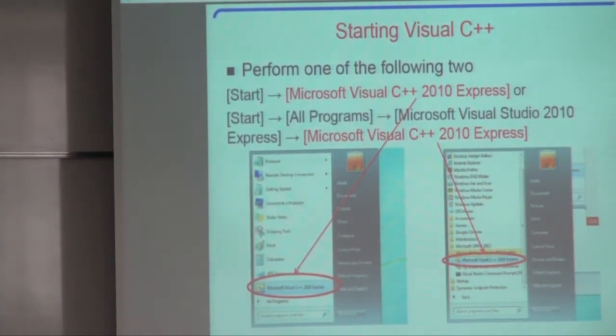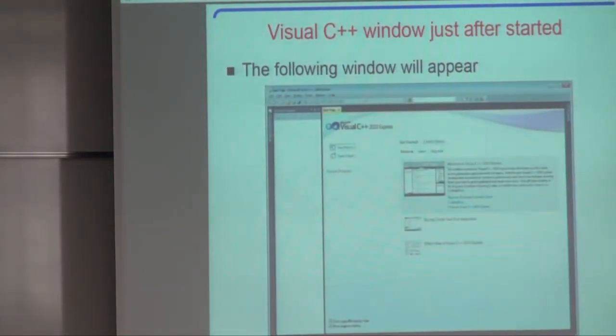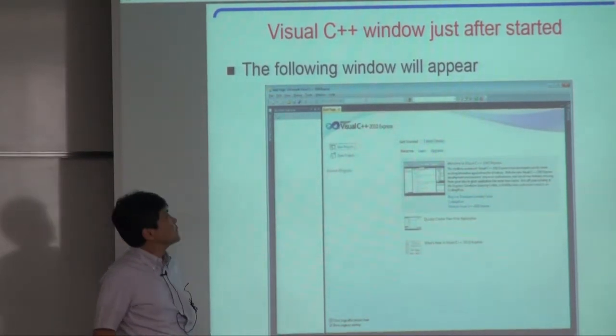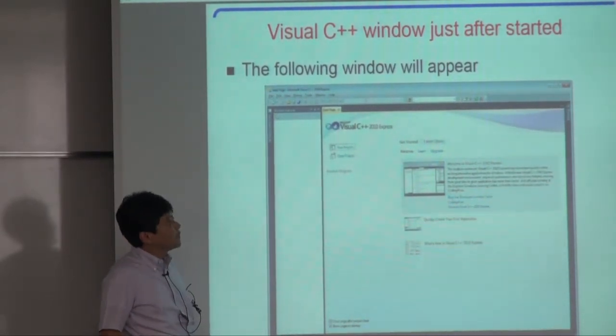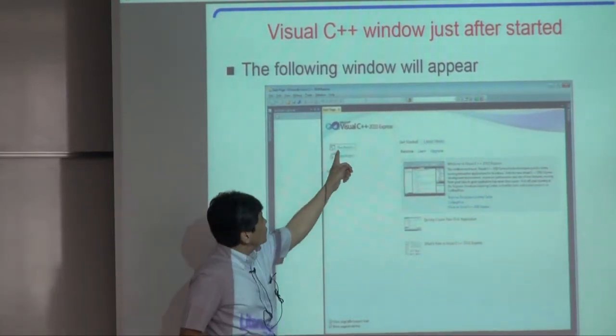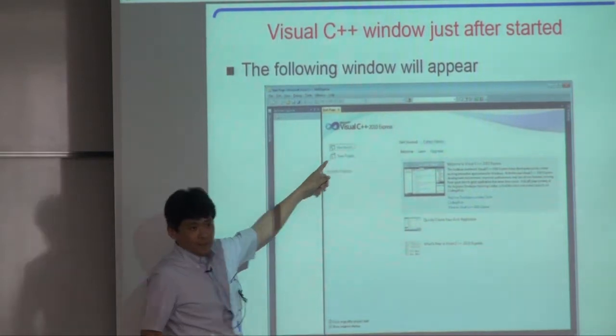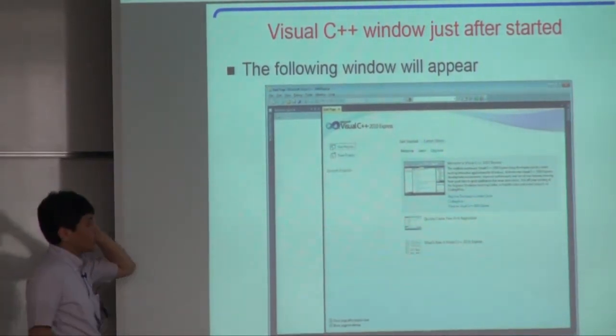Please start it. The first initial window appears, and you can find the new project tab. Click this tab